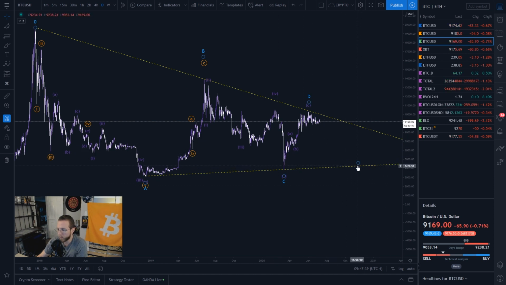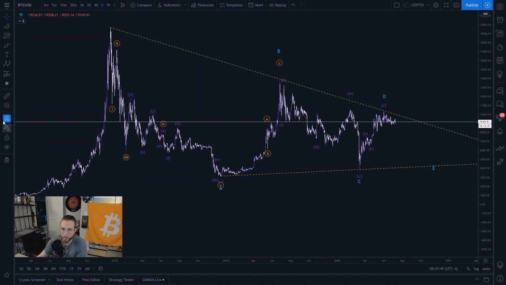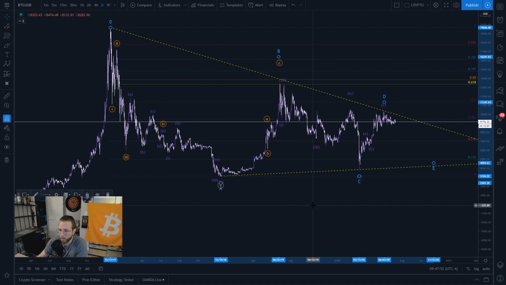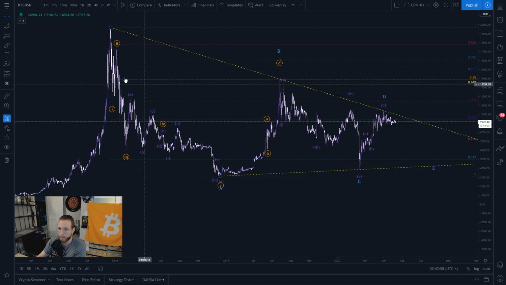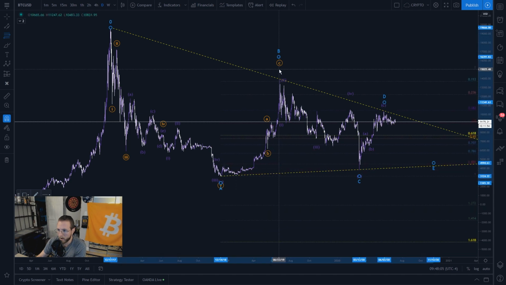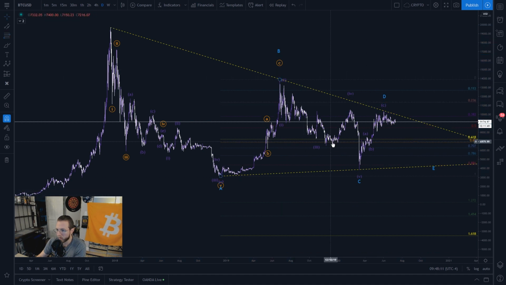Now, the other thing too is that we don't have to test the bottom of this triangle. We don't have to come all the way down to 4,200. But one of the things that's really interesting, and I forgot to show this before, I'll do it now. If you take our high to low here, high at 20K all the way down to our low, we hit golden pocket perfectly, right? And this is something that not very many people show. We hit this golden pocket perfectly. So then if you measure from that low to high, and this is why this is a triangle, we came down and we hit golden pocket here again.